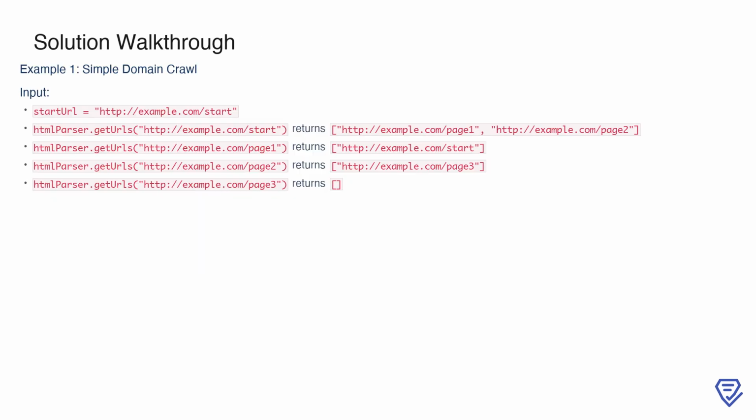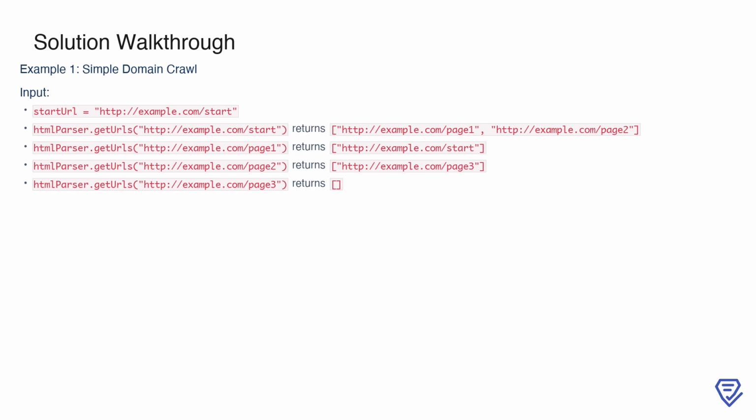In this example, we are tasked with crawling a simple domain starting at http://example.com/start. The HTML parser.getURLs method is used to retrieve the URLs linked from a given page. Starting with the start URL, we see that it links to two pages, http://example.com/page1 and http://example.com/page2. Following these links, http://example.com/page1 points back to the start page, creating a cycle, while